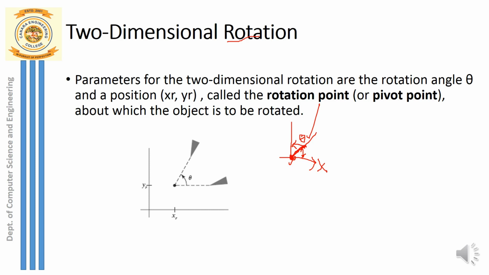Now we will see exactly how to perform the rotation for a simple line segment. Okay, in this figure you can see this is the fixed point, or the pivot point, that we have taken, and that fixed point is xr comma yr. That is the point that we have taken, and the angle of rotation here we have taken as theta. Okay, so this is our original line segment which we have tilted, and this is our rotated line segment. So we have rotated by angle theta.